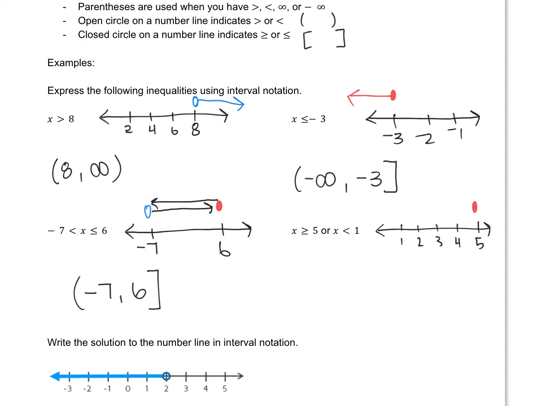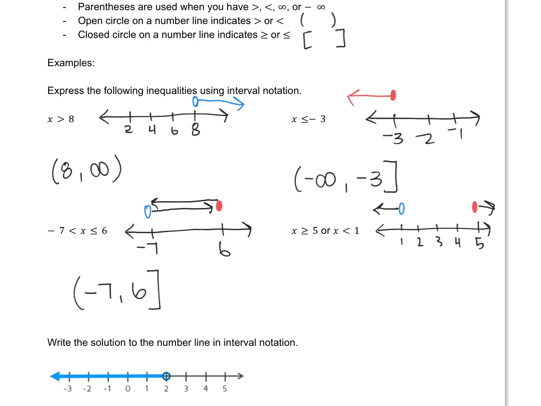And then I'm going to shade everything to the right. Then for x less than 1, open circle at 1, and I'm going to shade everything to the left. So this time they point to the outside, which means there's not going to be any overlap. So key thing, if I have an or